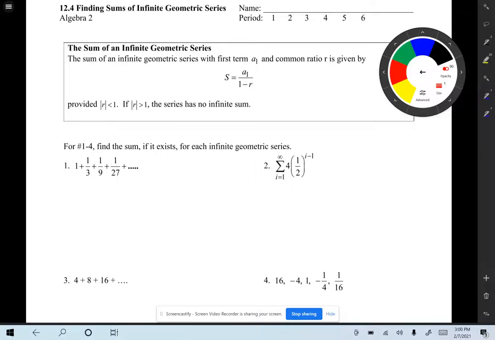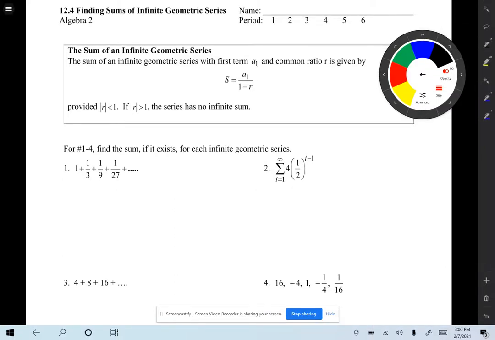Hello, Algebra 2 students. Today we will be doing 12.4 notes, finding sums of infinite geometric series. Now, previously you have been able to find the sum of a finite geometric series by using a specific formula. The same applies for an infinite geometric series. There is no such thing as the sum of an infinite arithmetic series because you're never going to reach a